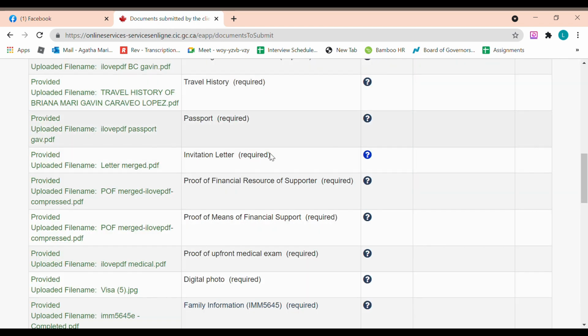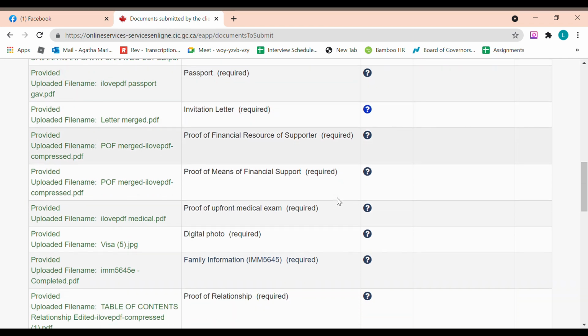And I've also attached there, because in the invitation letter, I have mentioned that my auntie also has a letter. So I did include that as well in this specific portion, plus IDs of my auntie. And I did mention, as far as I can remember, that my cousin is also going to be helping out in taking care of Brianna. This is the relatives as well. So I did provide a copy of my cousin's PR card as well.